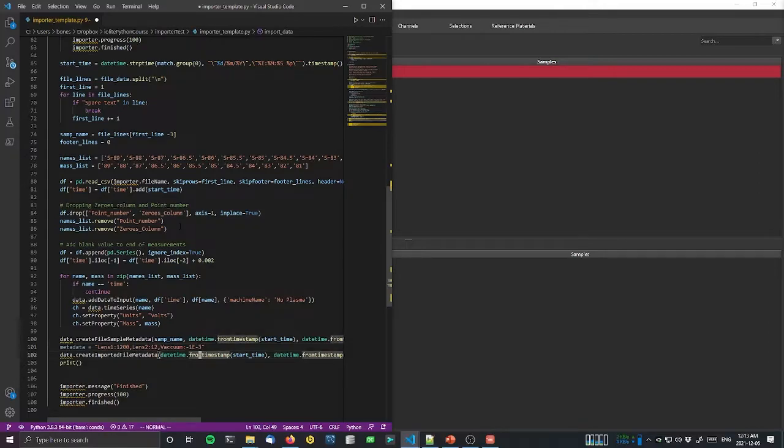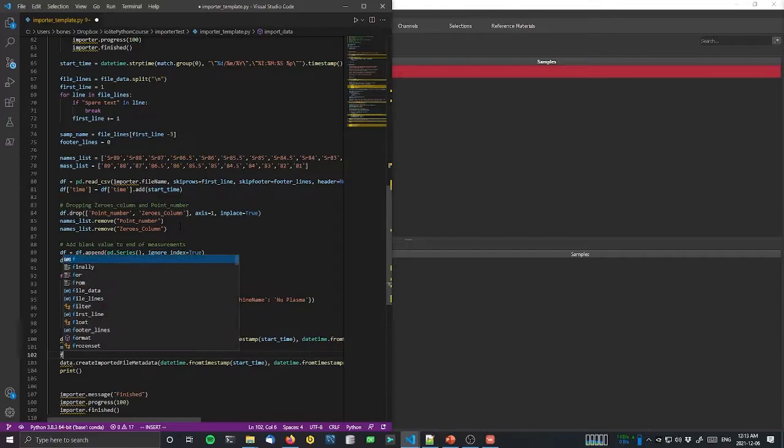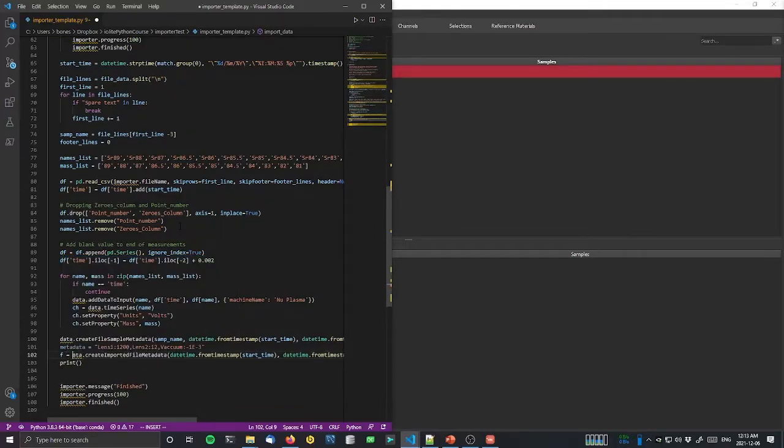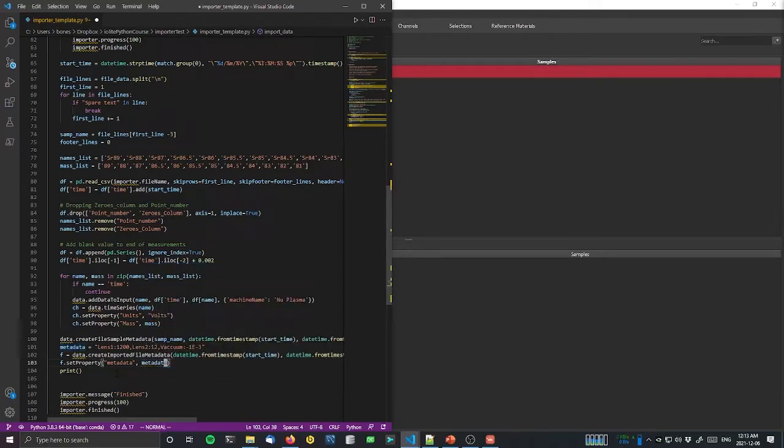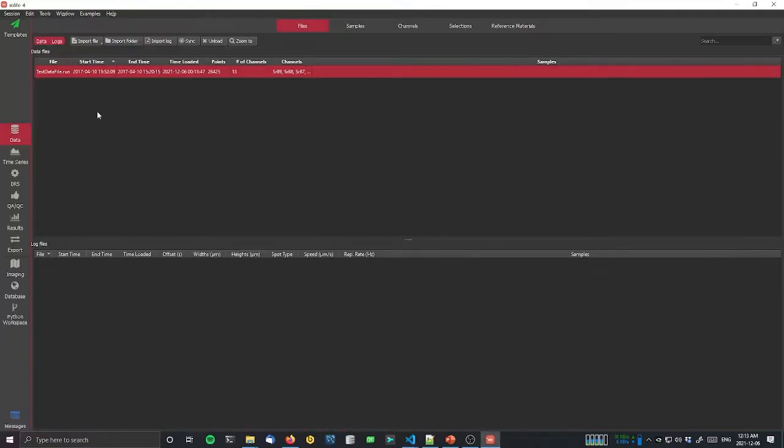And what we can do here is, this function returns the file object. So once we have the file object, we can set property. And we can tell it that the property we want to add is metadata, and we want to set it to the value of our metadata string list. And get rid of that statement. And so now when we reload that,